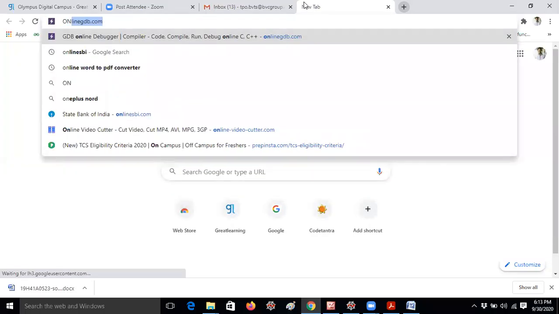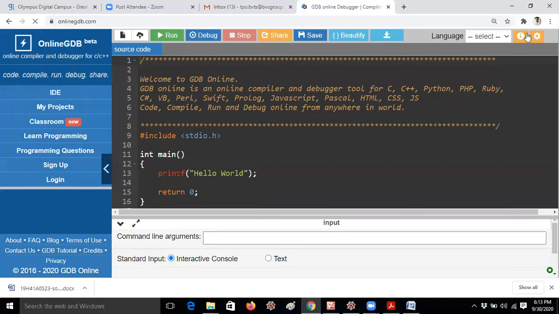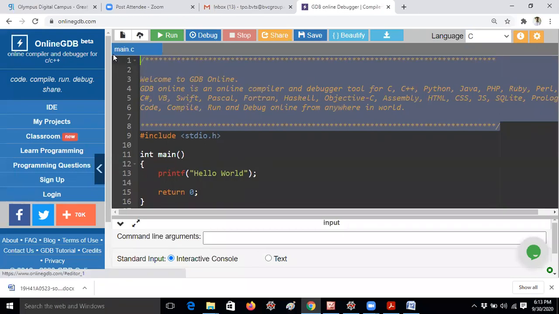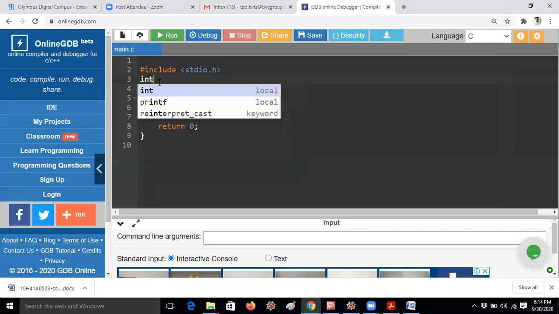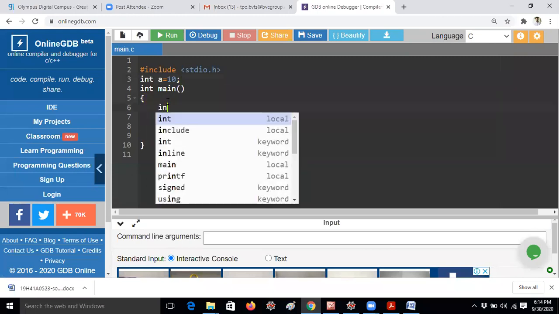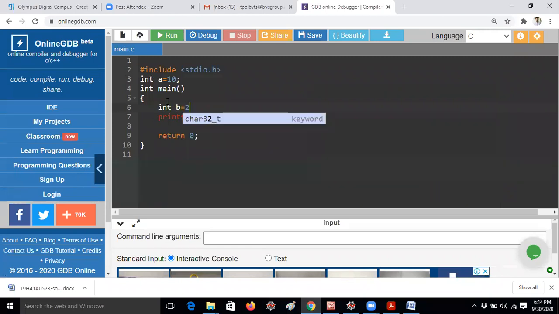One minute, onlinegdb.com, I would like to go for this. Many students know about keywords like extern and auto, which you already studied in C language, right? For example, after the main function, before it, I'm giving int a equal to 10; and int b equal to 20;.